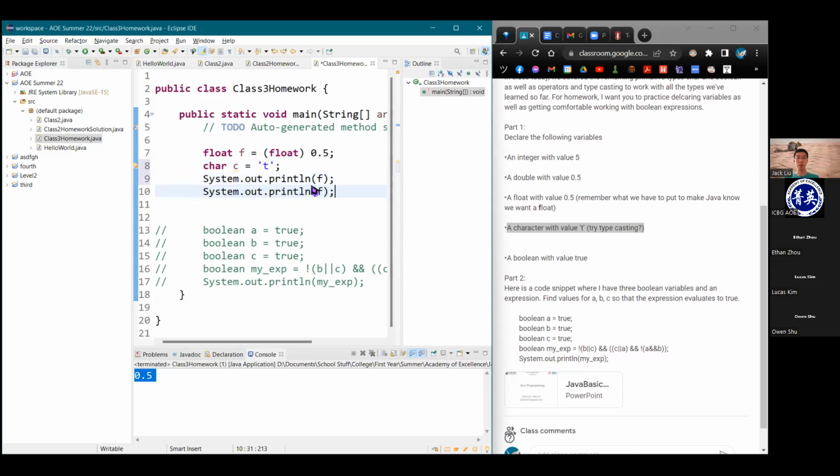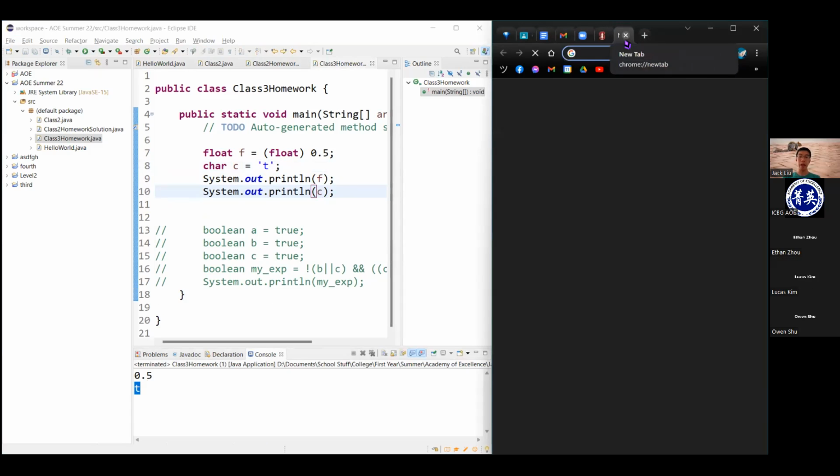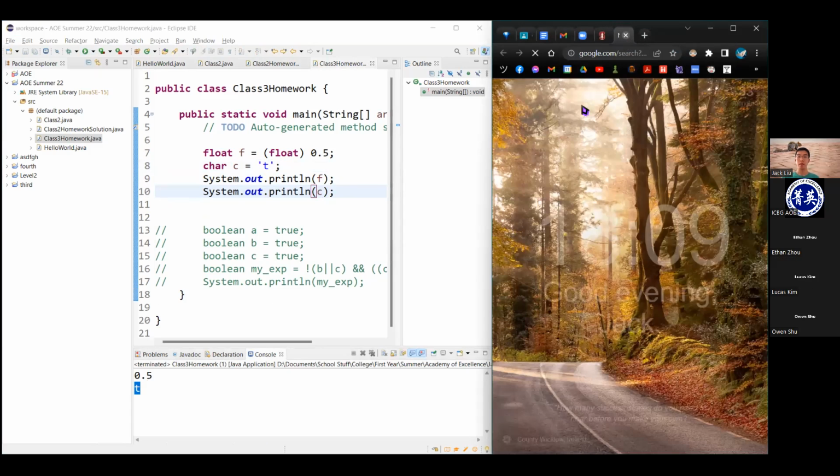And this is something important in Java. You have to use single quotes for characters. And if we run this, it'll print out a T. That's perfectly fine. But I told you guys about the ASCII table, where